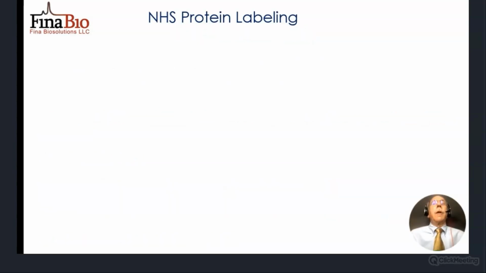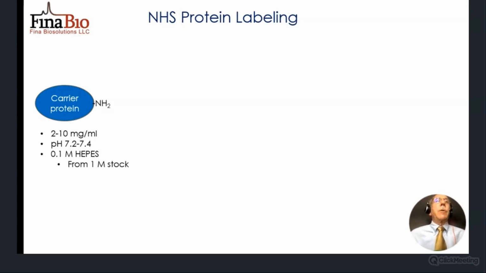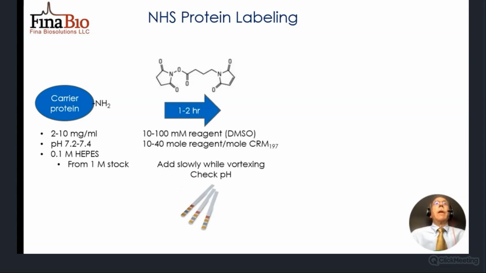To derivatize your protein with the NHS ester, you start with the protein, typically at 2 to 10 mg per mil. We keep the pH around 7.2 to 7.4 so we don't hydrolyze the maleimide. You have your reagent prepared in your co-solvent. We're going to add between 10 and usually 40 moles of reagent per mole of CRIM. There's no point in overloading, trying to over-react the CRIM. You're more likely just to find it precipitating out,